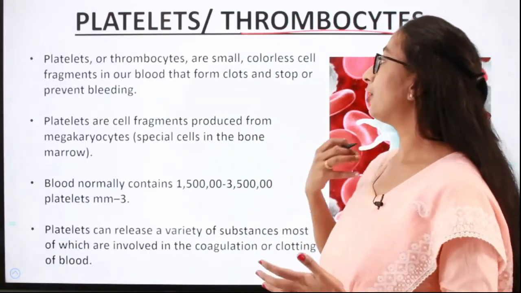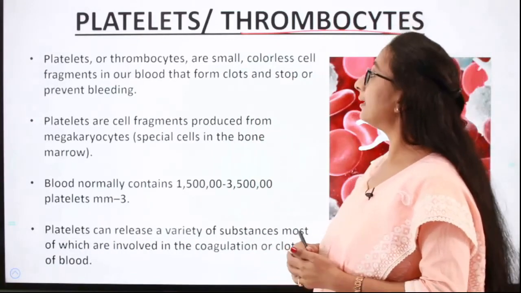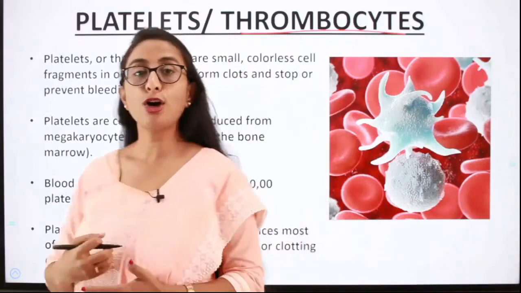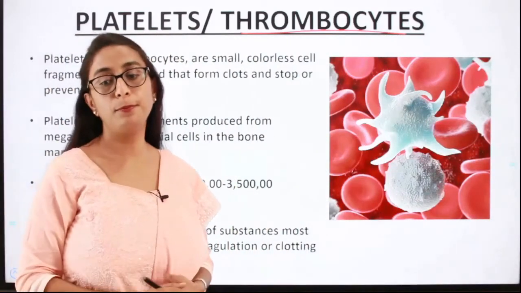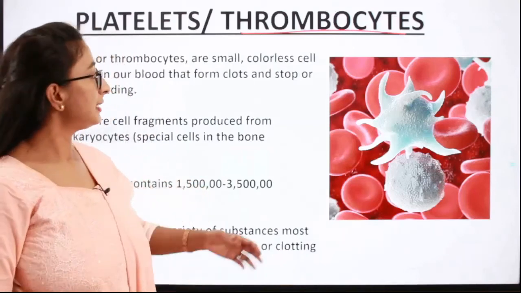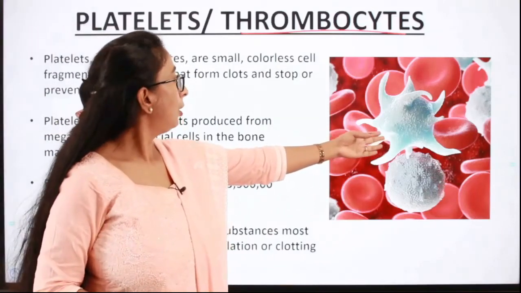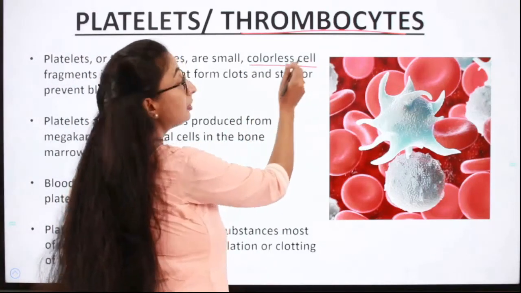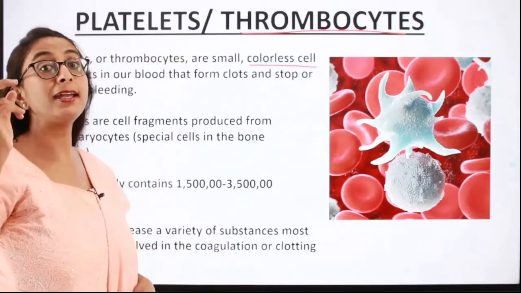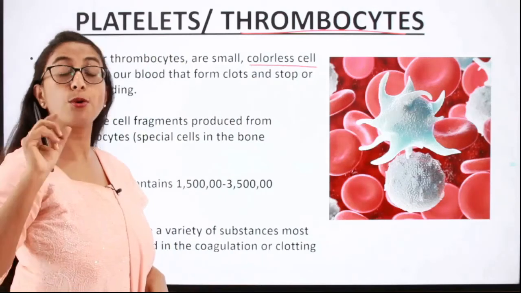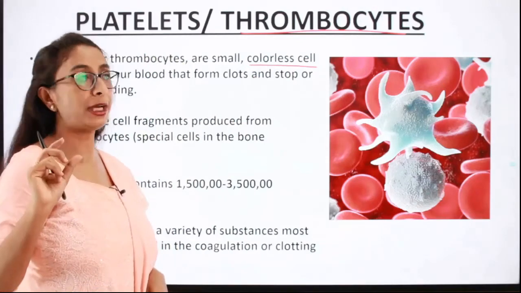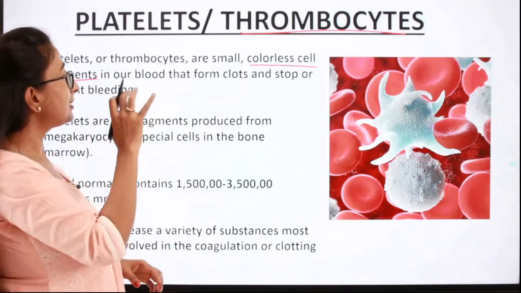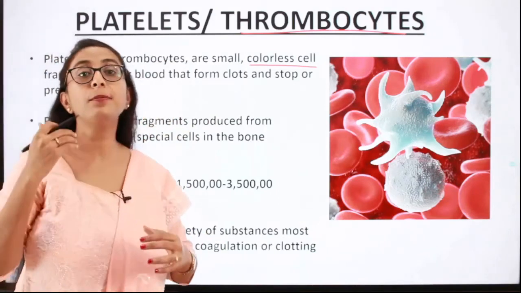Platelets or thrombocytes are small colorless cell fragments in our blood that form clots and prevent bleeding. So these are the thrombocytes. They are small colorless cell fragments. Even the WBC does not have color and platelets also do not have color, only RBCs have color, which is red. So these are colorless fragments in our blood, and these are responsible for clotting and preventing of